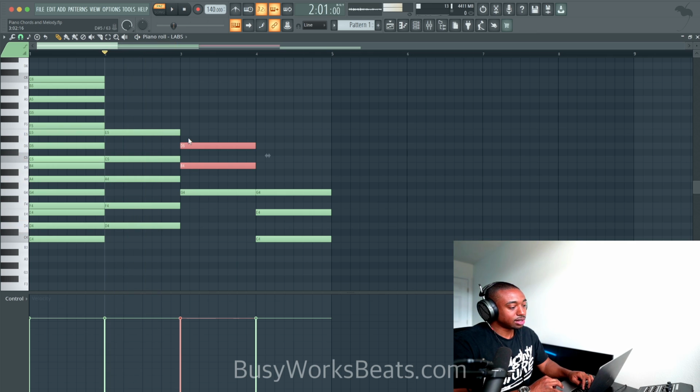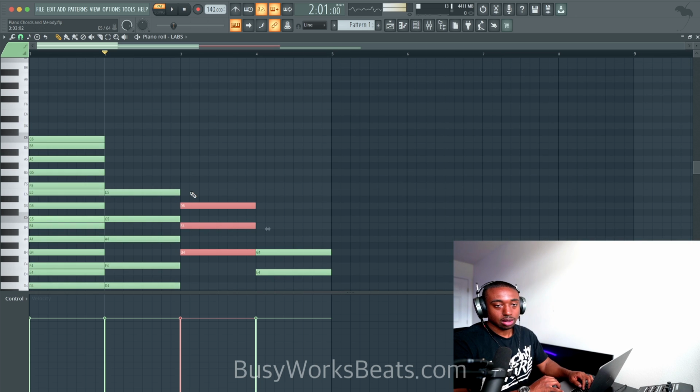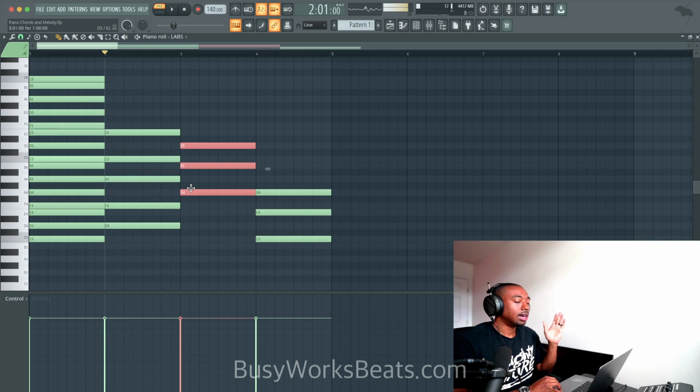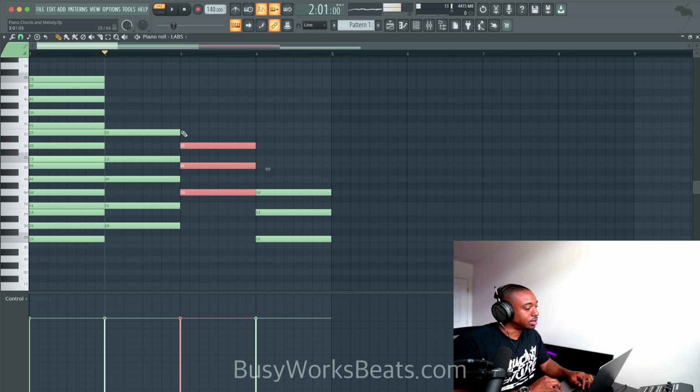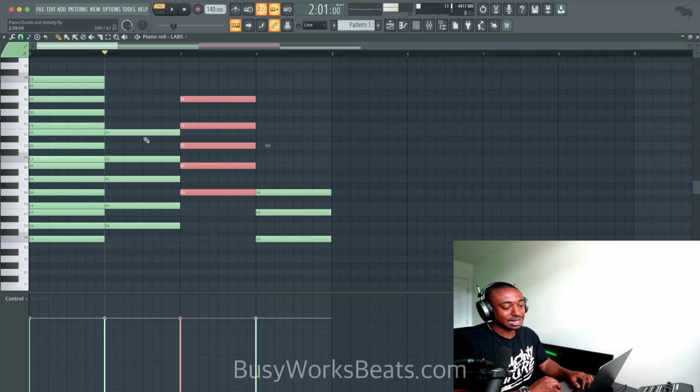Okay, now G, this is not going to create a minor ninth or a major ninth. And in the music theory magic course, I describe the difference between a minor and a major chord. Okay, so it's too much to explain right now. So G, skip A, go to B, skip C, go to D. This is called our dominant ninth chord.